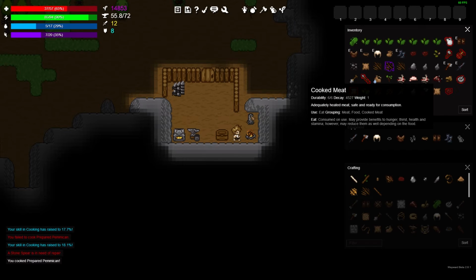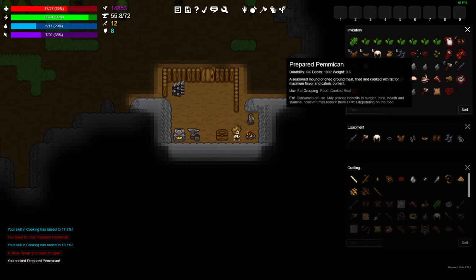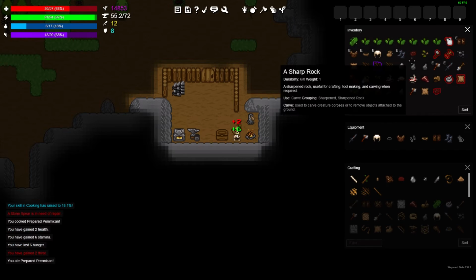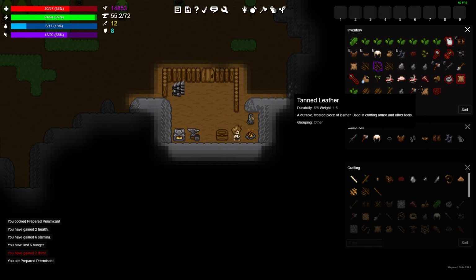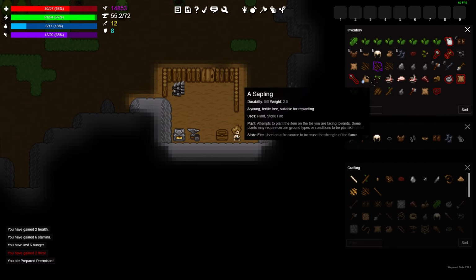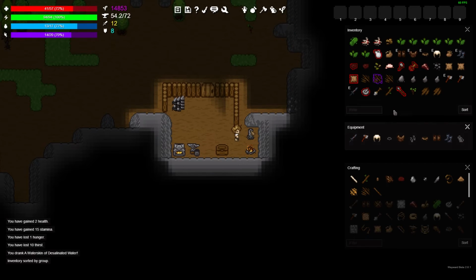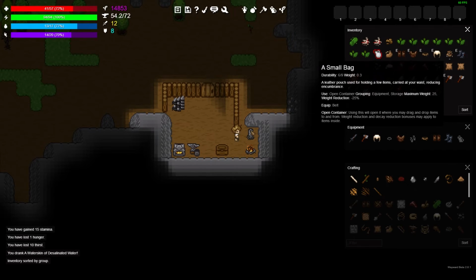Cooked meat is still looking okay. I think we'll just go ahead and eat that old stuff that's about to spoil. I mean, why not? We'll go ahead and eat that. So we'll chomp on that. And yes, we do need to drink some water now, so we can go ahead and do that. Let's go ahead and drink that guy. We'll go over there, and we should now be able to...